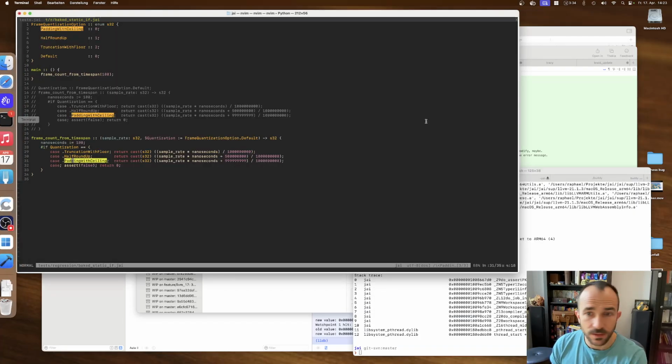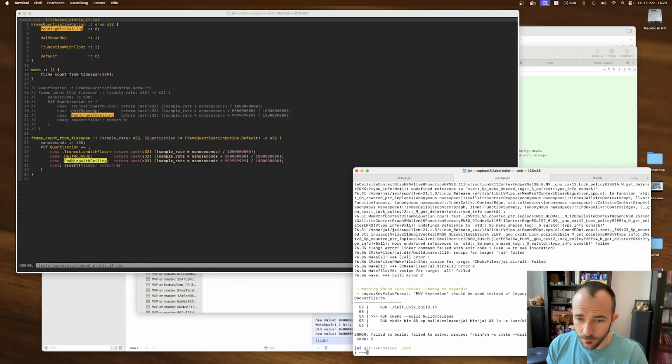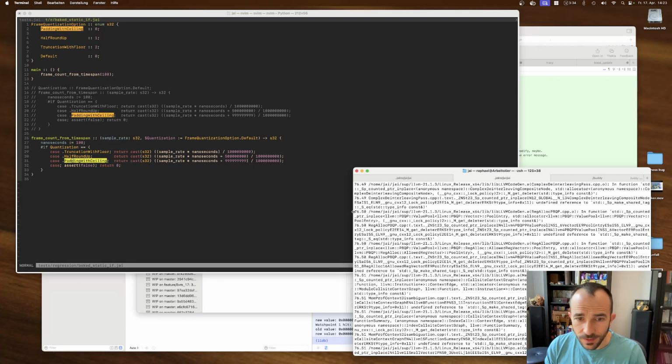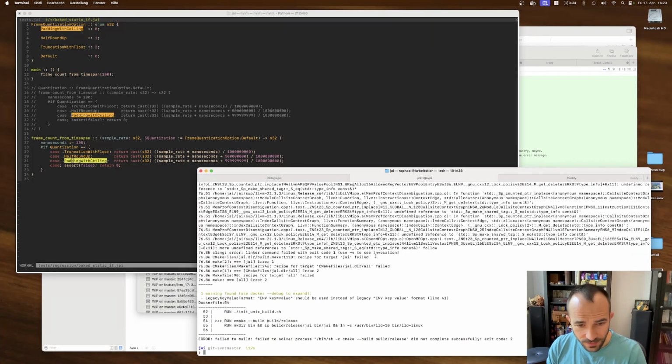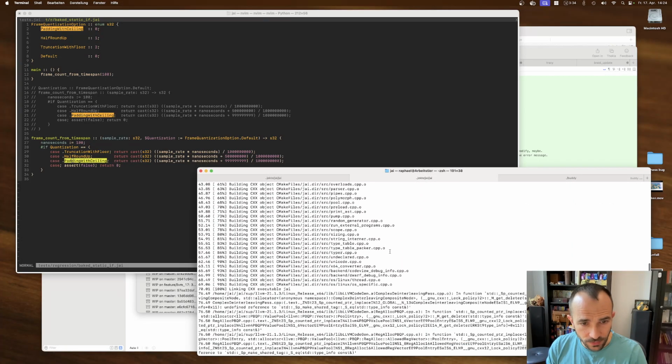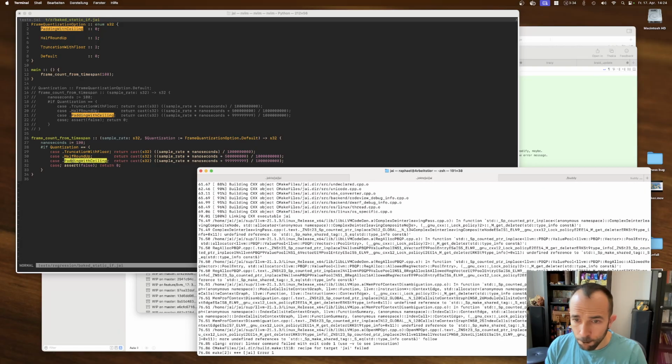How's our... This is not good. Oh yeah, this is exactly what I meant. We can no longer build on Ubuntu 18.04 because exactly that.